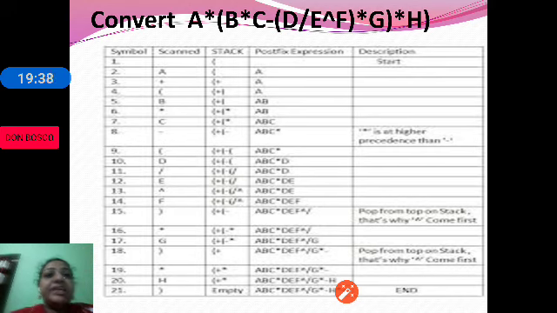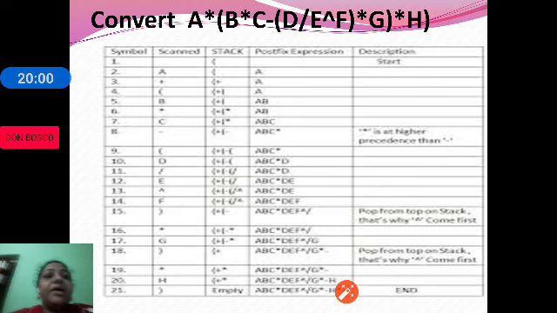The next scanned symbol is B. B goes to the postfix expression. The next scanned symbol is an asterisk. Asterisk goes to the operator stack. Then C is scanned. C is an operand. It goes to the postfix expression.